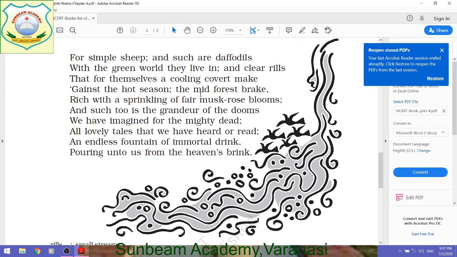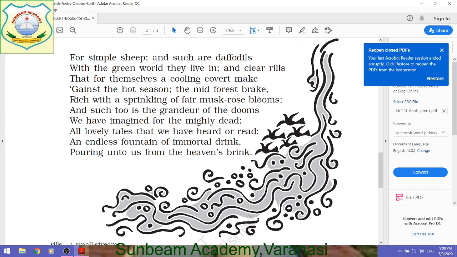The mid forest brake. Now, another beautiful example: the poet has created a beautiful imagery to tell the beauty of nature. Generally, passing through the forest is a very difficult task, a very monotonous job. When people walk through the mid forest, it looks quite monotonous for them to pass through the forest, but when they look towards